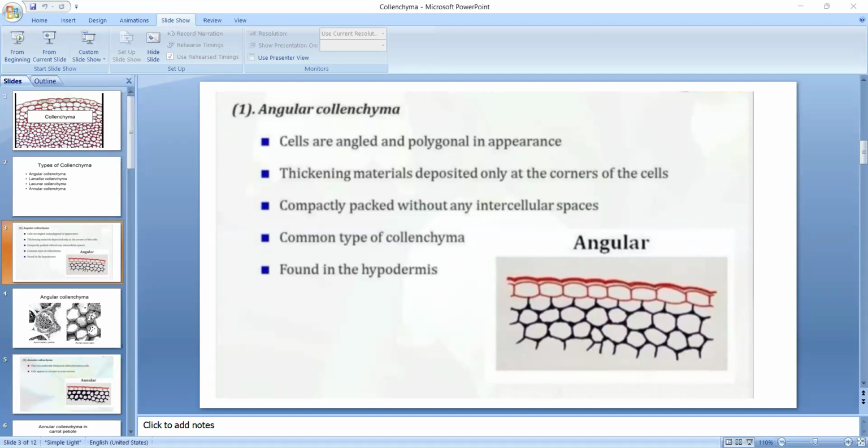And next one, lamellar collenchyma. See here, what is the difference? You observe the first one and the second one. First one is angular, so at the corner places we observe the thickenings, and the second one is annular. First one and second one are the same, but due to the continued thickening, those look like annular or circular. So that is the second one.